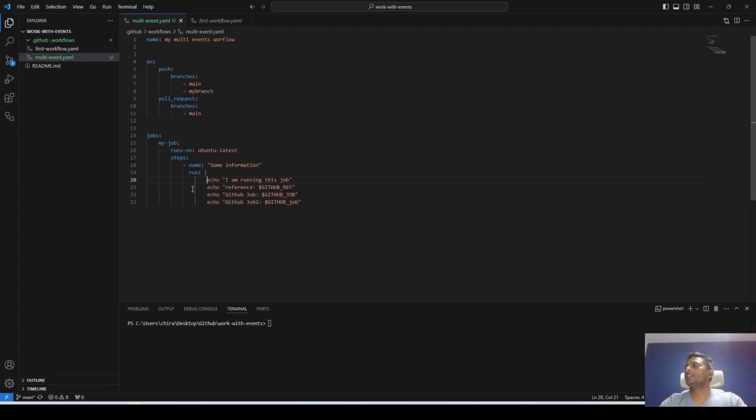Let's see what happens. So at the moment we haven't got any new branch. We have created this file on the main branch. We're going to create a new branch and see how it looks in a minute. But at the moment we're going to push this workflow. So let's do that. So git add, git commit, message, edit multi